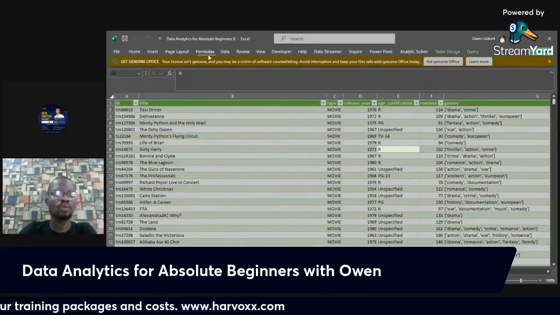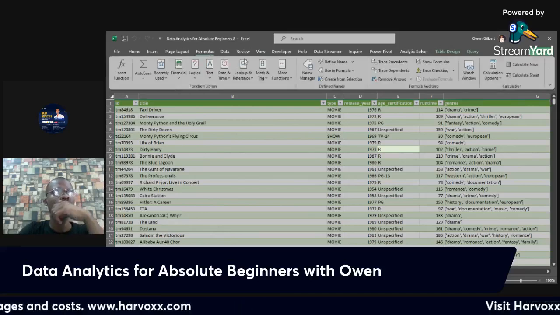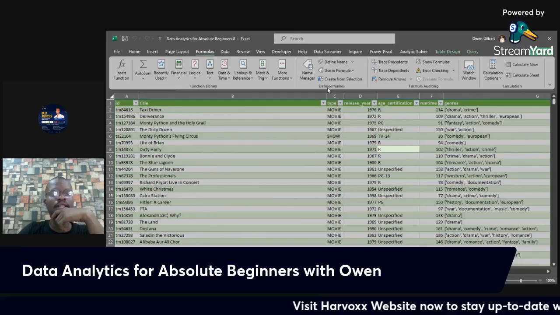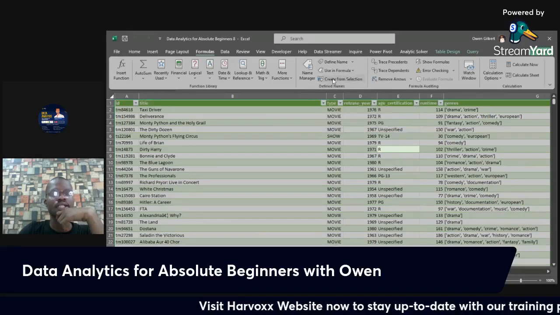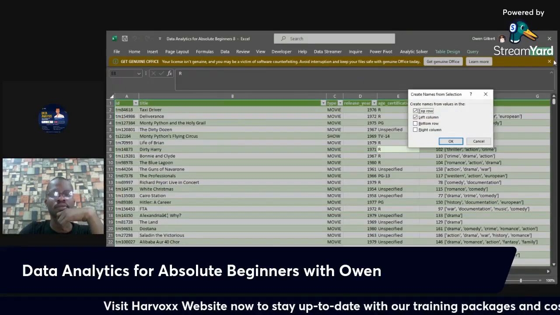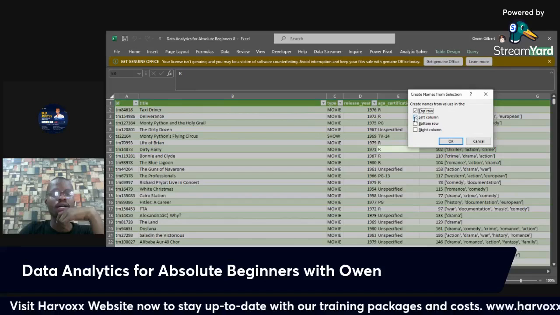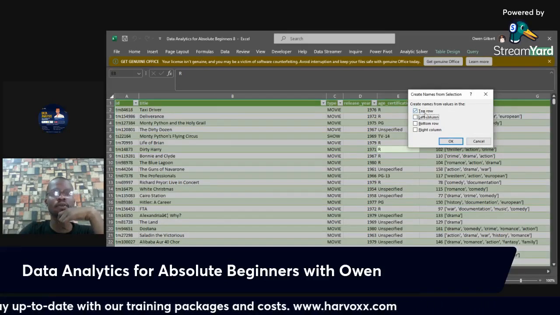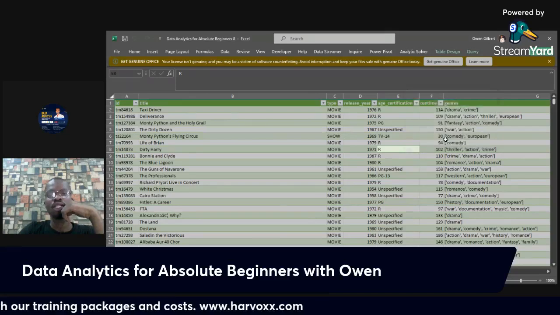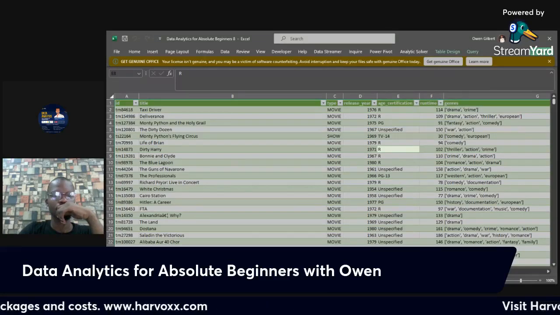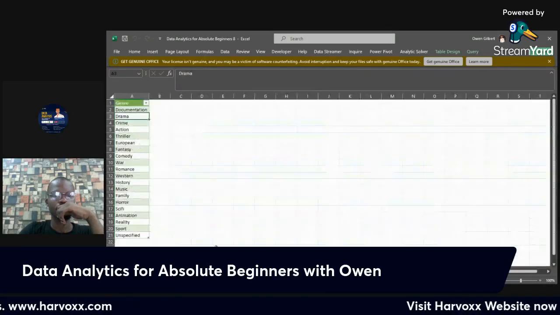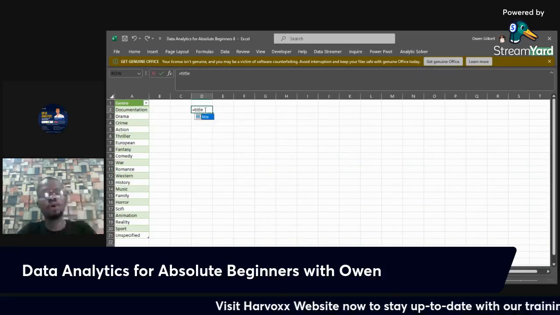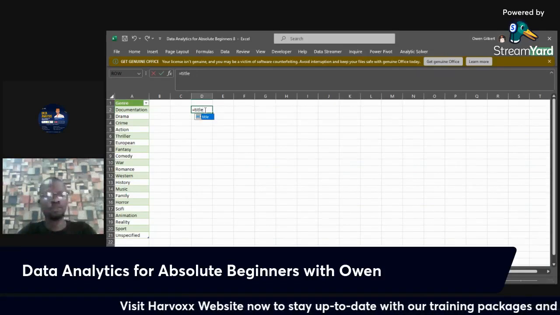So I can just go to my formulas, go to my name manager, and create names from selection. I'm saying that I'm collecting the names from the top rows, and I say okay. If I go to title, I have title as a name.